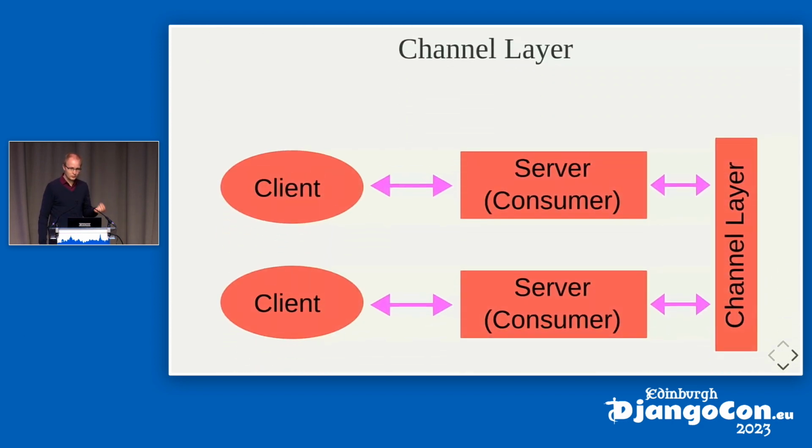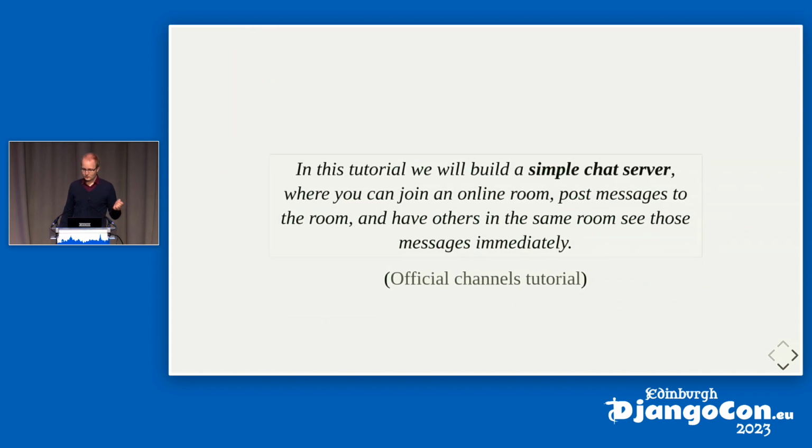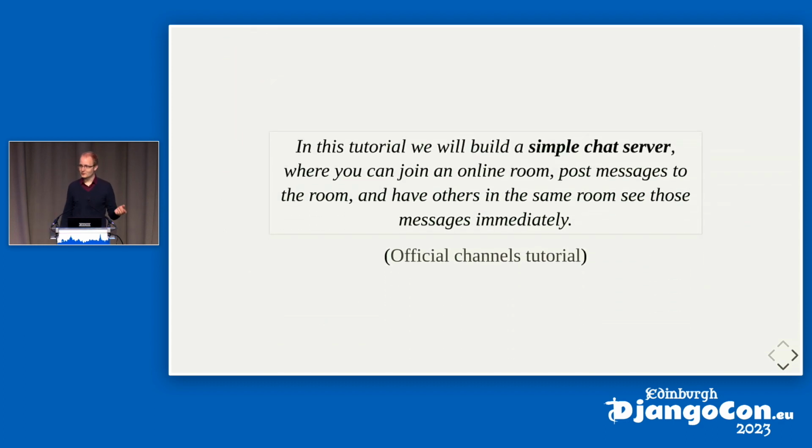And to implement that, Channels uses a concept called channel layers, because our Django or Channels code might be running on different servers, and they need to pass those messages on in some way so they can communicate with other people who are connected to other instances. That's the channel layer. I think the only well-known implementation of channel layers is using Redis, but theoretically it could be AMQP or any kind of message bus.